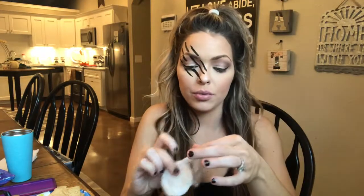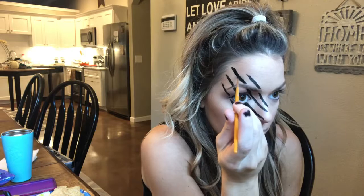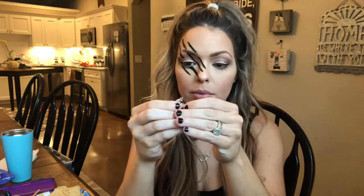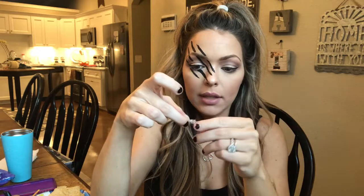So now I'm going to teach you how to use the cotton. This is really difficult. Sometimes I can use it, sometimes I can't. What I do is I get a little bit of paint on there, and I just want to wet it, and then I'm gonna just dab where I've already put the paint. I just want to make those spots wet so that the cotton will stick to it, and I'm gonna take like the smallest possible piece. Like you literally want like little tiny feathers,